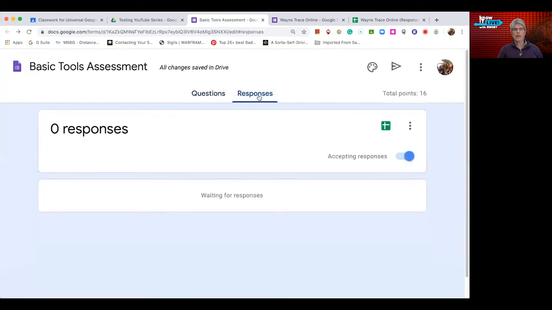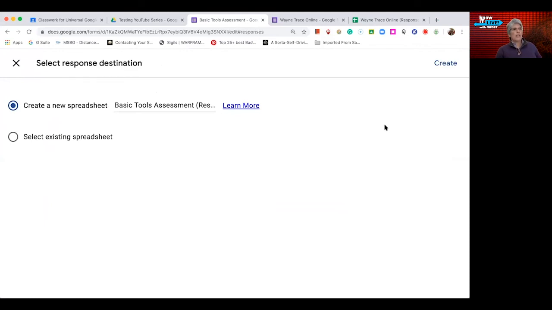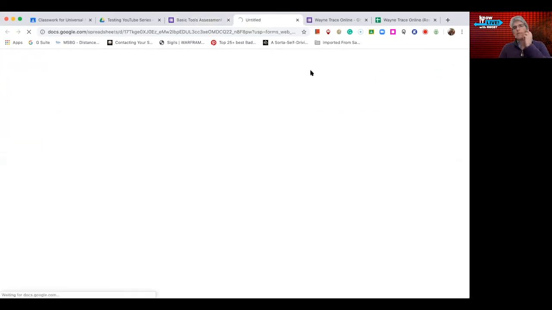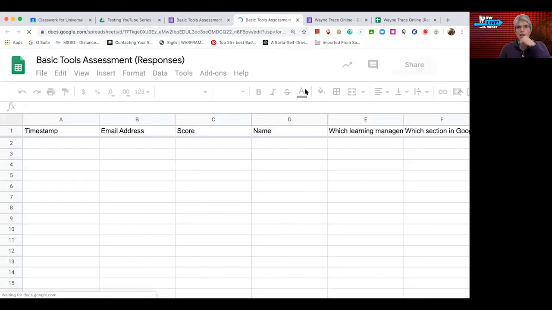I always say that you can do anything with Google Forms because it has a spreadsheet associated with it. And that spreadsheet is going to allow me to do, let's think of it like Excel. I can put equations in there. I can put if-then statements. I can put arrays. I can put all these things into that. So Google Spreadsheet allows you to do everything. But for the basics, I just want to create a new spreadsheet, and it's going to put it where the form is. So I'm just going to be like, yeah, create that thing. And it's going to open it in a separate tab for me. So anytime anyone fills it out,